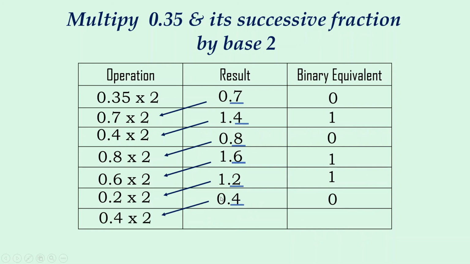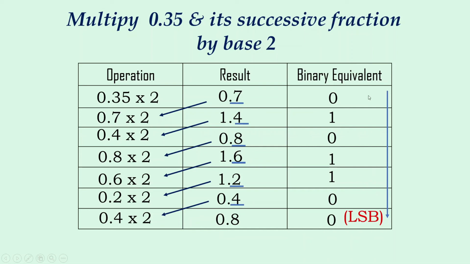4 again multiply. In an exam, either it will be mentioned that you have to go 5 steps or 6 steps, or after some point, that is after 6-7 bits, you can stop this operation, because this operation will continue and it will never stop. As you can see, the number is repeating. 0.8 is coming again, so I have stopped over here.